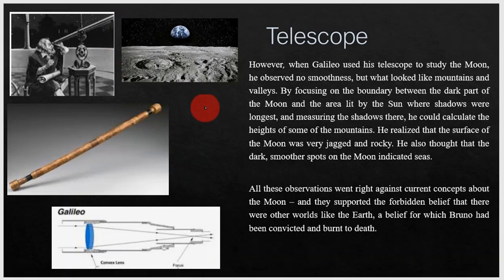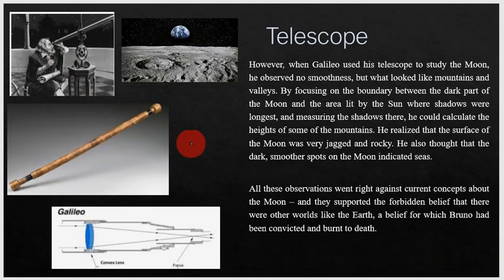Now think about it, at that time, before Galileo was able to look through the telescope and see a little bit more detail, if you look up at the moon now, there's not a huge amount of detail that you can see on the moon. So next time there's a full moon, go out and have a look at it. There are certain things you can see on the moon, but by no way can you make out the detail that you can if you look at the moon using a telescope.